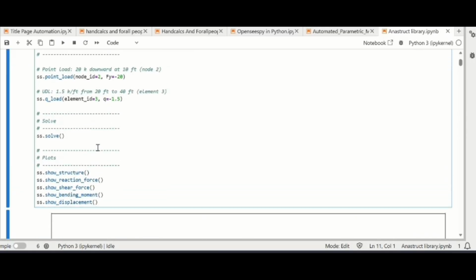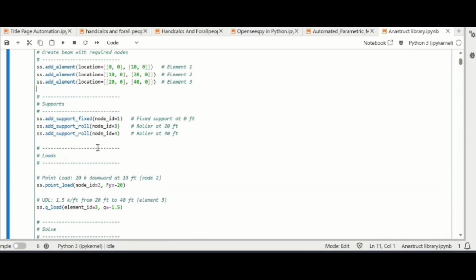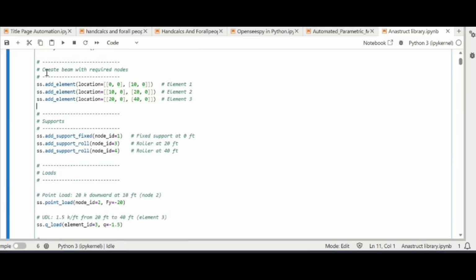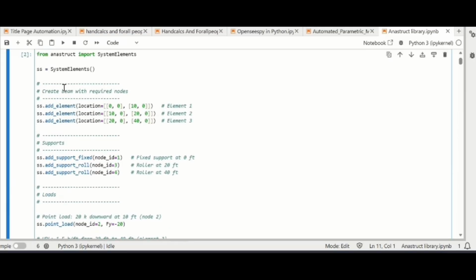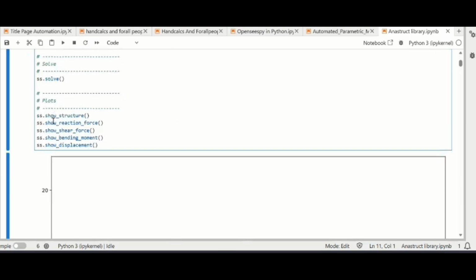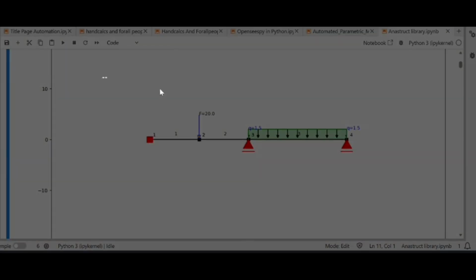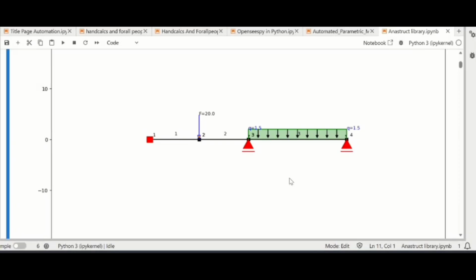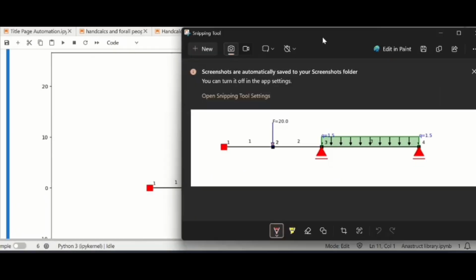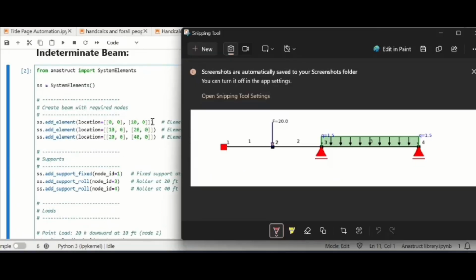First let me use the snipping tool to take a screenshot of the particular beam, and then I will explain how each element is added step by step.